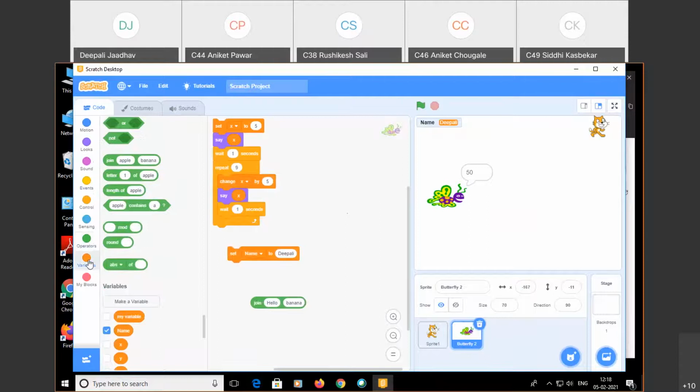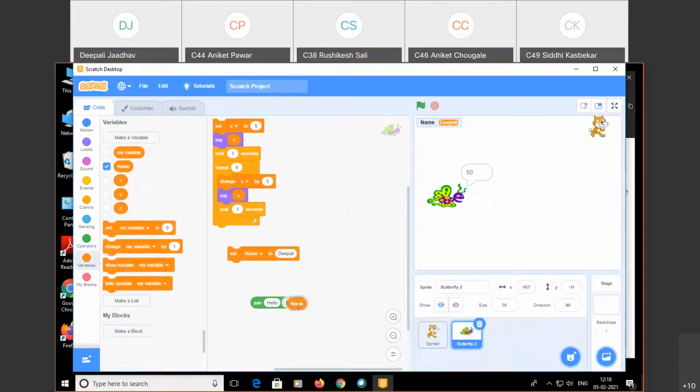The variable name is available, I can use it here. What happens now? Set name to join hello with my name. I click on it, it shows hello Deepali.